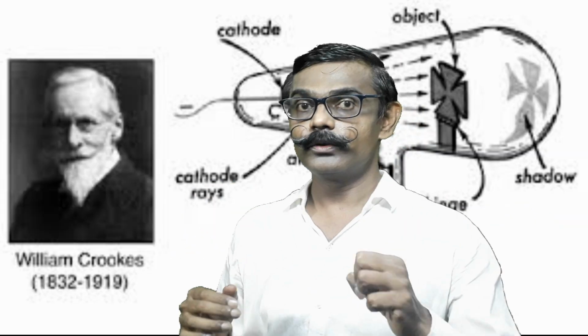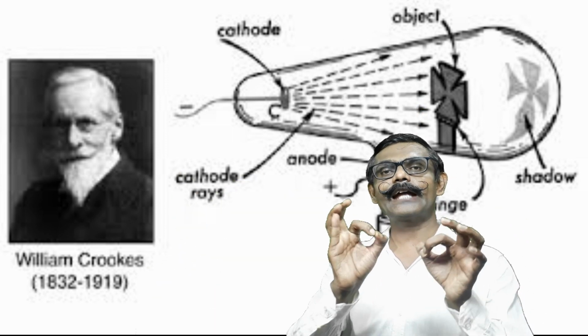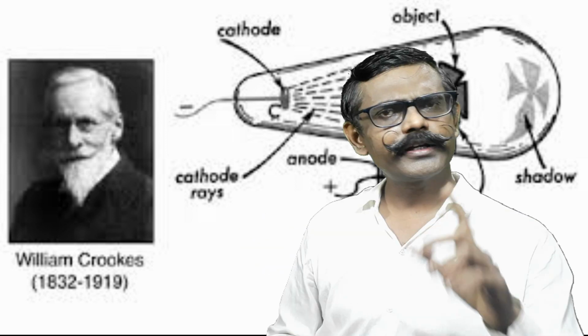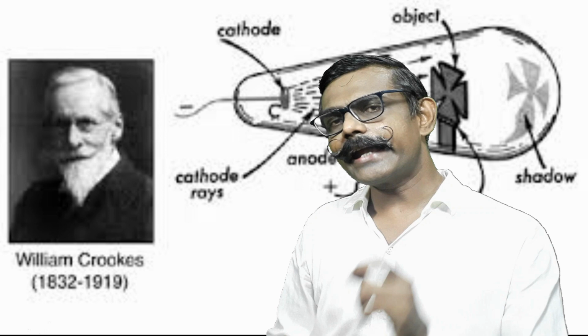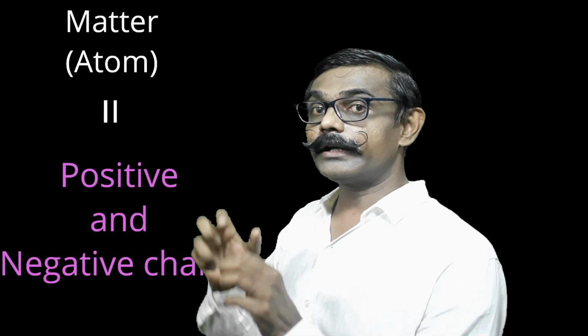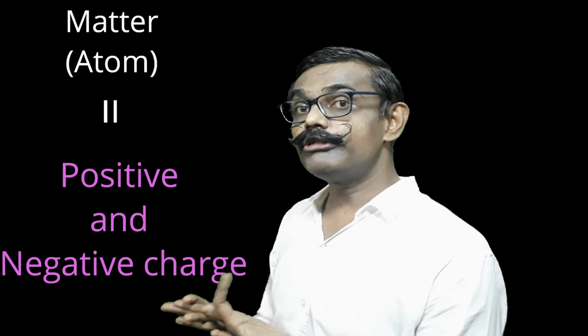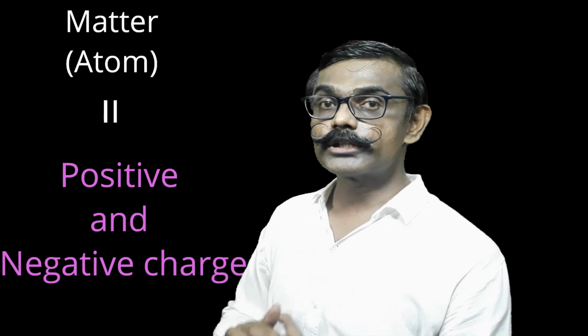By the 1870s, people knew about cathode rays, because developments were taking place in anode, cathode, electricity, electrolysis, and electrochemistry. So they were finding that some negative rays do come. But at last in 1876, Eugen Goldstein labeled them as cathode rays because they were coming from the cathode. When he continued the study, he noted canal rays, and those were positive rays. Now people thought that in a material or in an atom, there may be something which is negatively charged, and something which is positively charged.